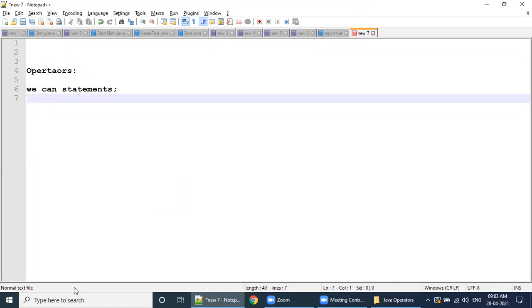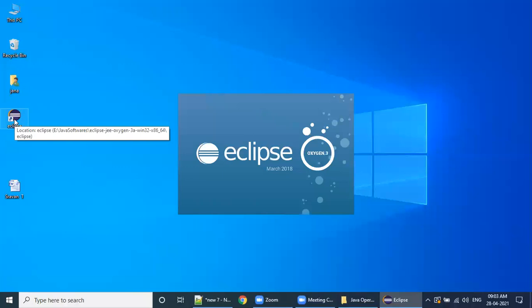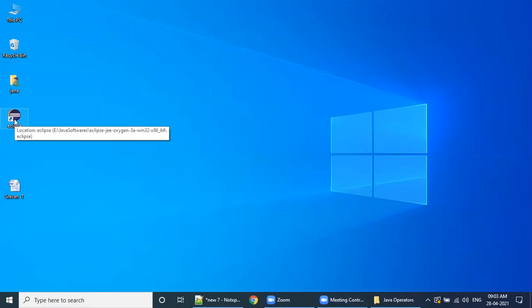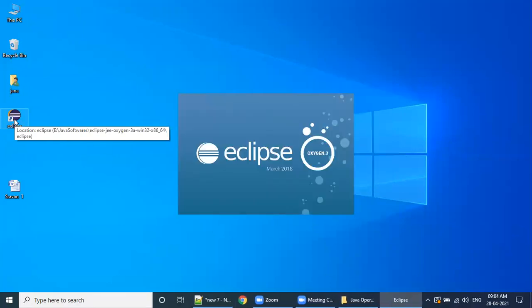Suppose if you open any existing source code, one minute, let me open the source code. Statements will be composed of one or other operator to perform some action. Can you tell me what the operators are meant for? Operators are meant to perform calculations, validations, and assignment. Very good.